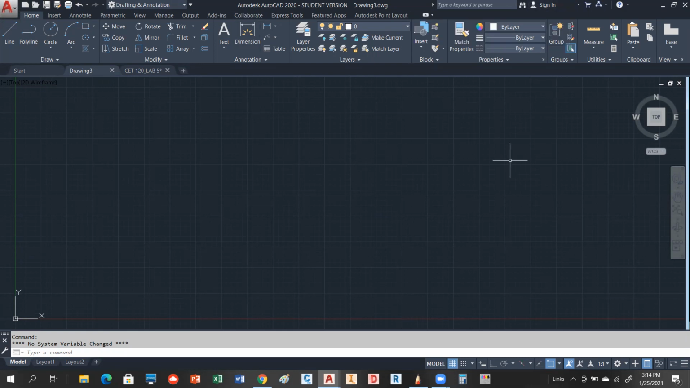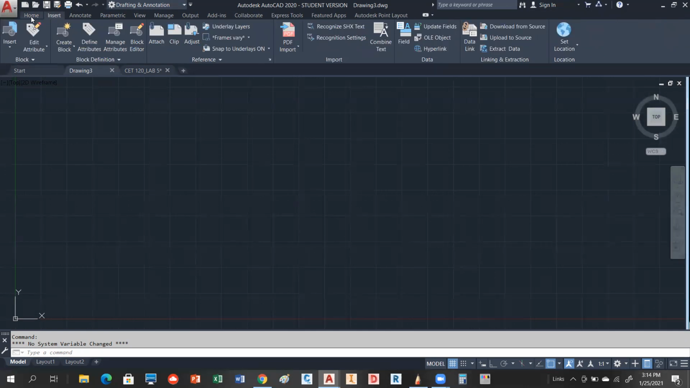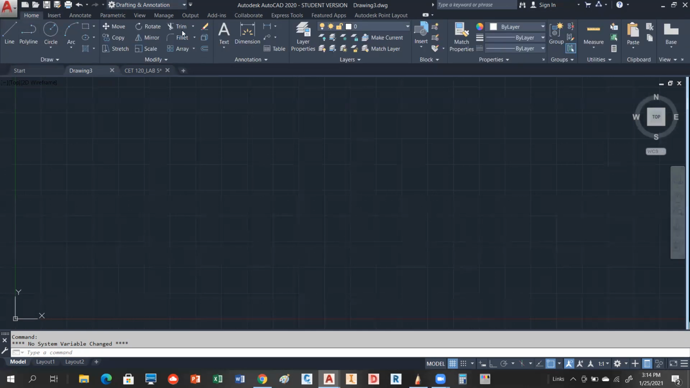The main action location of your menus are down here in this guy called the ribbon. The ribbon is broken up into tabs, and then each tab is broken up into panels. So, in this case, under the Home tab, we have the Draw panel, the Modify panel, Annotation panel. And we're going to spend the majority of the time in that Home tab. And in fact, today we're going to work almost exclusively with this Draw panel and some of the